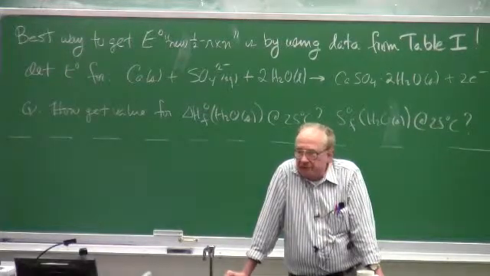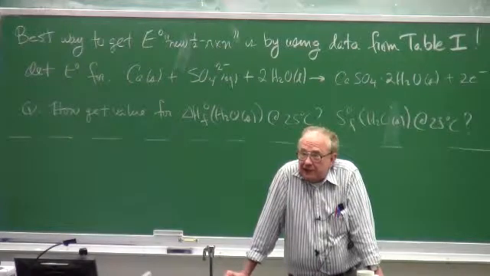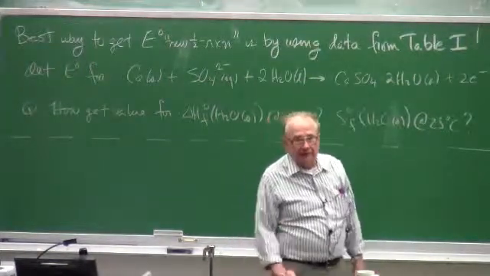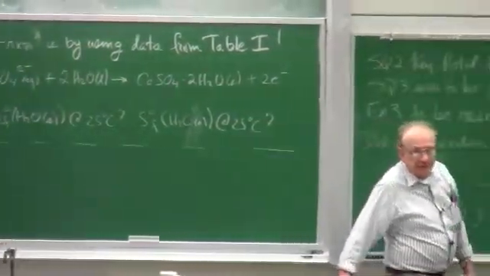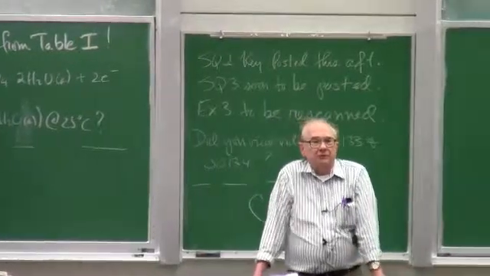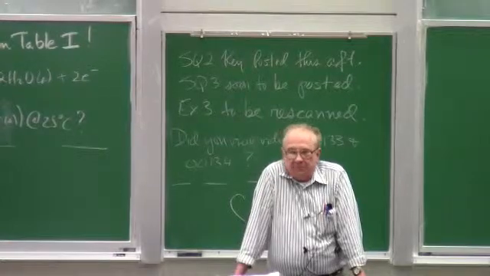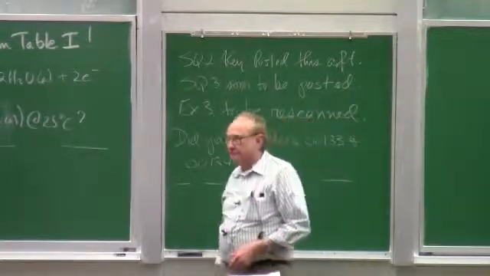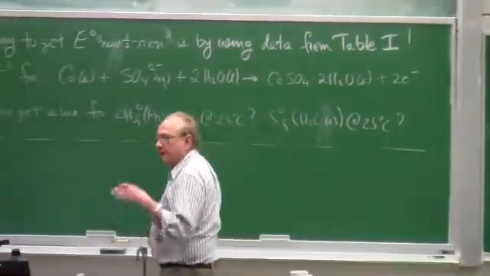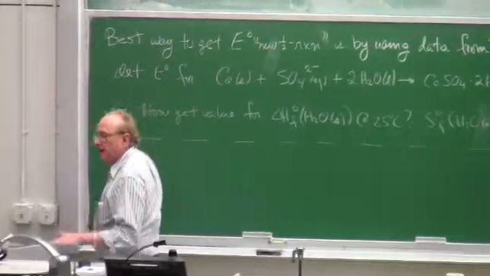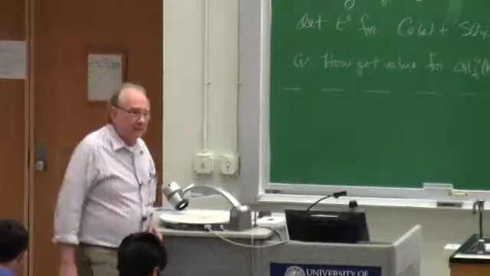Because to couple half reactions and get an E0 value directly, you have to have cancellation of electrons. Well, that process doesn't lead to cancellation of electrons. So you have to go through the changes of standard free energies for those half reactions. Not difficult, takes a little bit of arithmetic. But the best way to do this, if the data are available, is to follow the same procedure we use to determine Ka values for strong acids, the likes of which we did at the end of Chapter 21,